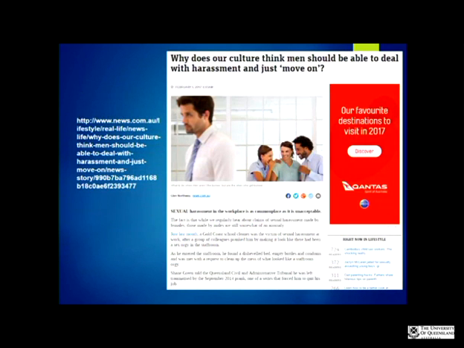And this was just a news article from February where they said, why is it that men aren't able to make complaints about sexual harassment? Why is it that it's okay for them to be pranked and generally be ridiculed and put down and all these things? It's still sexual harassment, and they should still have a right to a workplace where they're not harassed. And so this was an example.